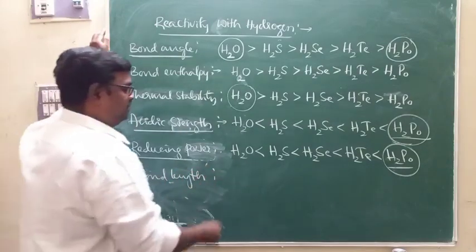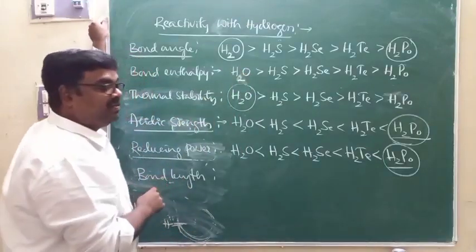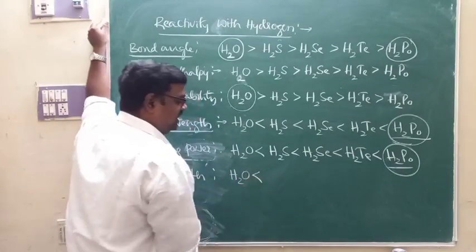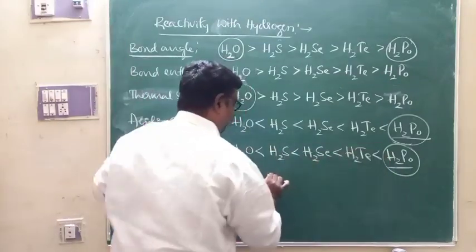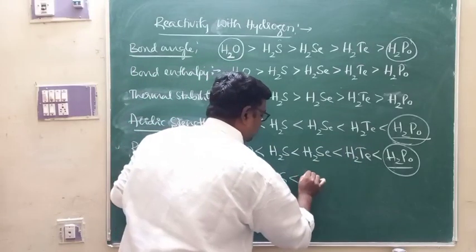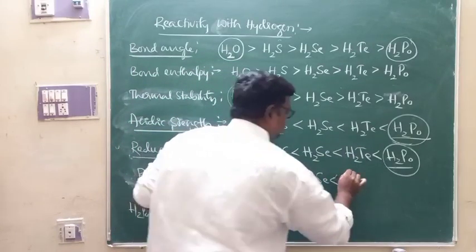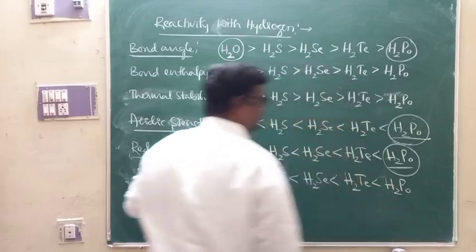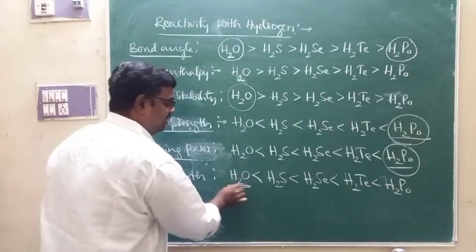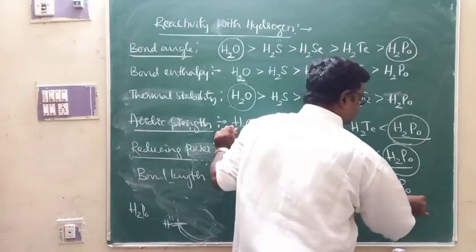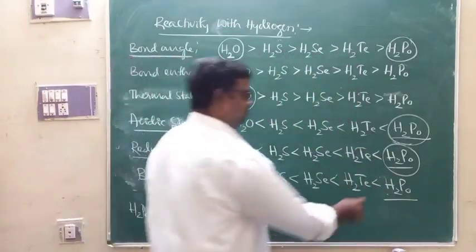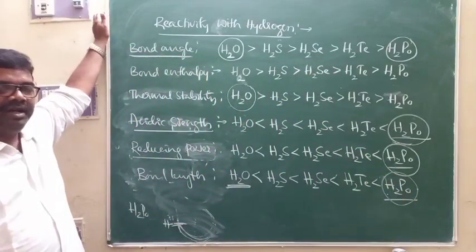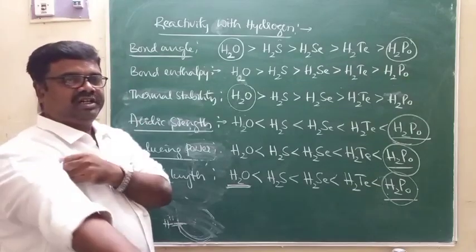And of course, finally, I go for this that I already discussed there. Bond length. You know that in the case of water, hydrogen is attached to a very small atom. Therefore, the bond length in the case of H2O is least. That increases from oxygen to polonium due to increase in size of the central atom. This is what we call the bond length order. Your O-H bond is very, very small in length, and of course the Po-H bond is the longest because of the very large size of the polonium atom. So these are the properties to be compared as far as hydrides of group 16 elements are concerned.